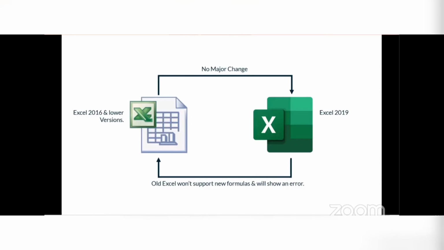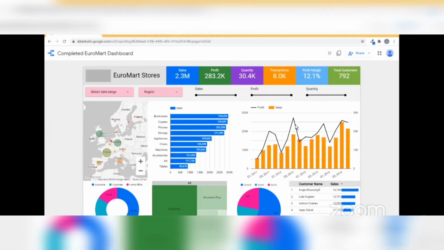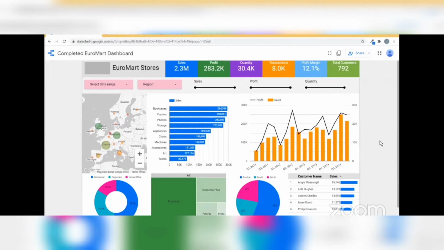And because the skill of creating dashboards is one of the most in demand skills in today's corporate industry, be it marketing, finance, business, HR, it's really a big limitation. But wait a second, what exactly is a dashboard? So let me show you an example of a dashboard. Here I have a dashboard for a business. This is basically a dashboard.